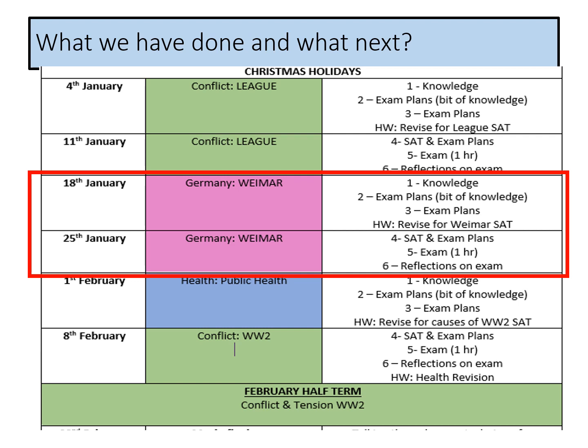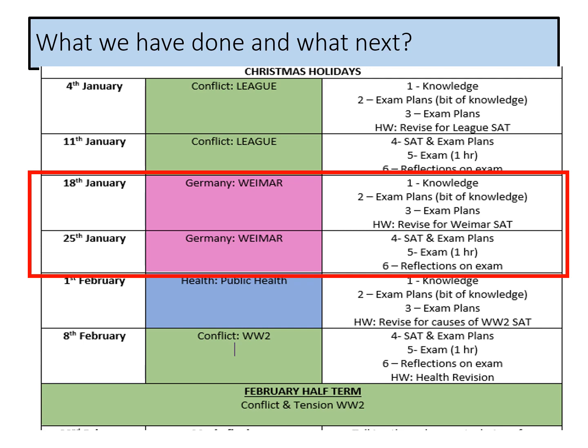This is going to take us 2 weeks, and as you can see from the boxes on the right hand side, this is going to take 6 lessons, and it informs you as to what we're going to be doing in each of those lessons. We're starting today's lesson with knowledge, which will help you to answer some exam plans, and will also inform you for the short answer test and the exam. We're continuing as we did with the last 2 weeks on conflict, where you will do an online short answer test, and we're also going to do an exam, where you can get some feedback from your teachers too.